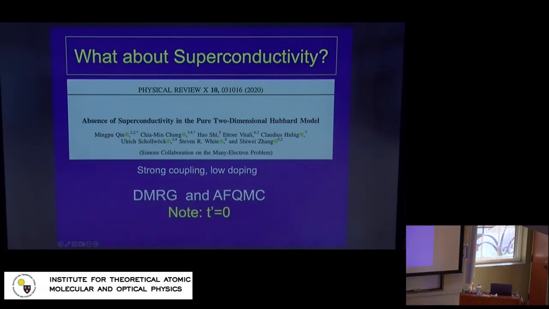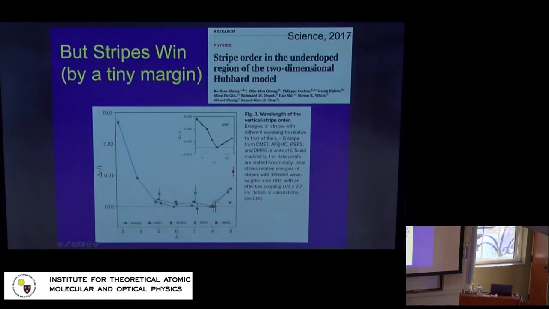Now, the dicey question is how do these stripe states compete with superconductivity and pairing, okay? And that's a topic on which there's been great progress recently, in particular thanks to the work of some people who are in the audience, like Philippe and Uli. And it's been concluded that there is no superconductivity in the ground state when t prime is 0. And that is because there is actually a very, very delicate competition between the two sorts of wave functions, the d-wave superconductors and the stripe-ordered wave functions.